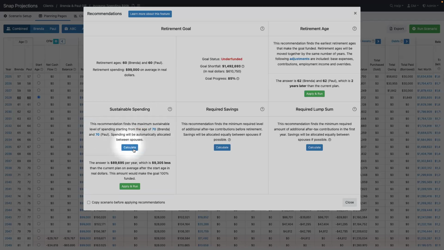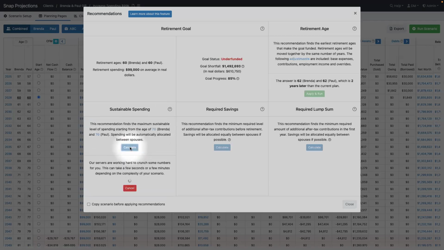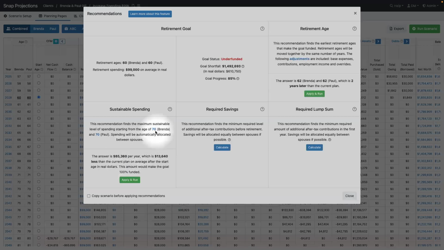It updates for Paul as well, and I can recalculate that. And here's our new number. So from age 70, they would have to drop their spending from the 99,000 down to 85, which is 13,640